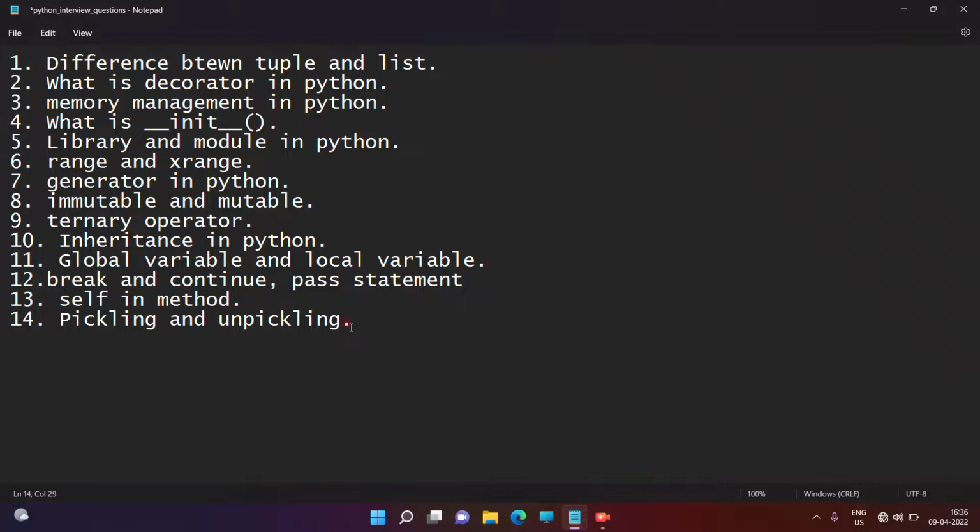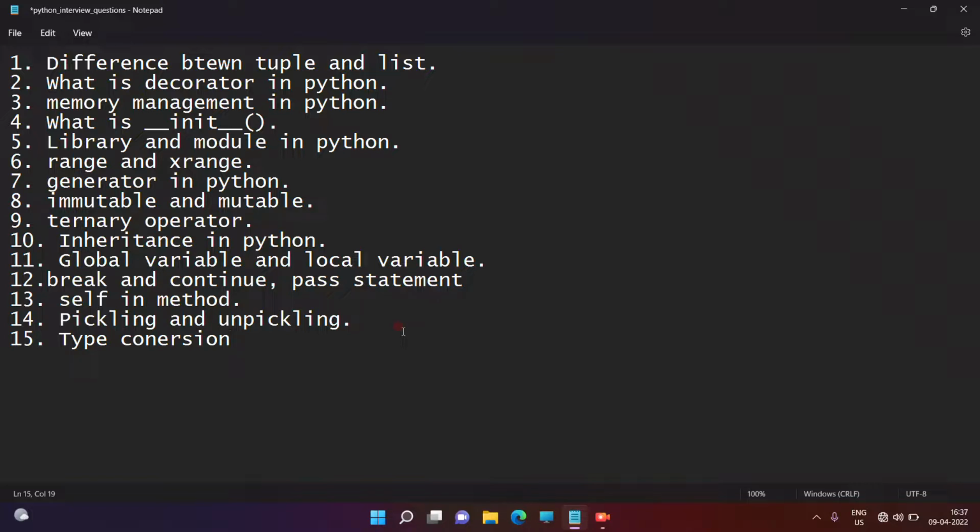So we can also say it works like a serializer. We need to serialize data and pickle it in the form of byte stream data, and then when the user accesses the particular data from the server, unpickling happens, right guys? So this is all about pickling and unpickling. The next question is type conversion, right guys? This is also a freshers' question.